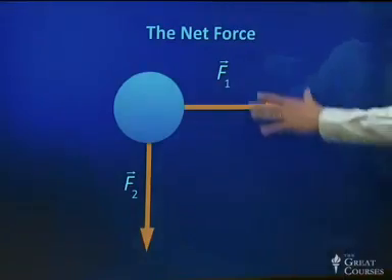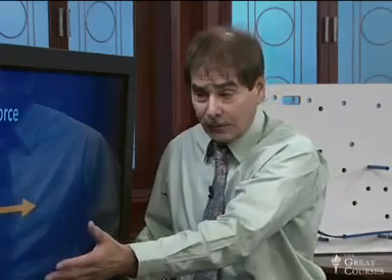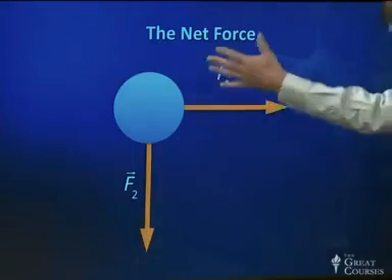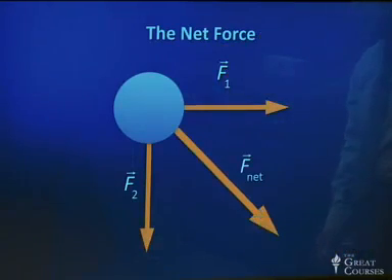On the other hand, we might have a situation where there are a couple of forces acting in different directions. So here's force 1 acting to the right, force 2 acting down. Again, the net force is the vector sum of those two, and we know how to form those vector sums. We form them by going along one vector and then going along the other vector and forming the resultant vector between the two of them. So there is F net in this case.